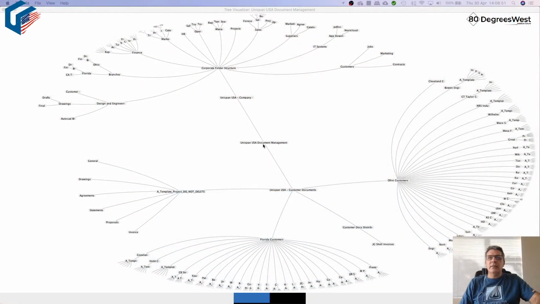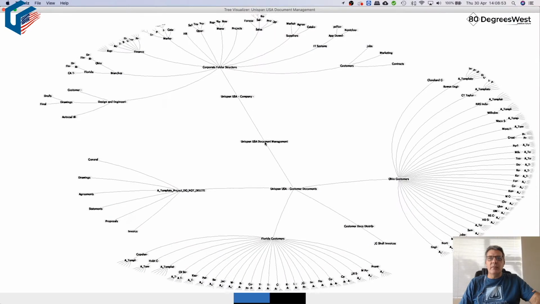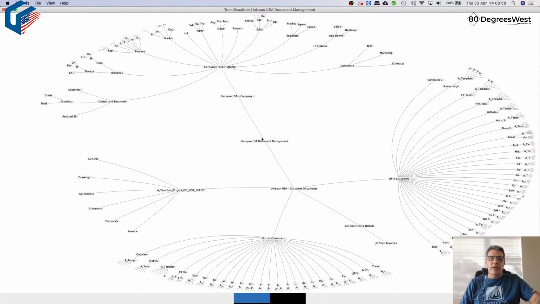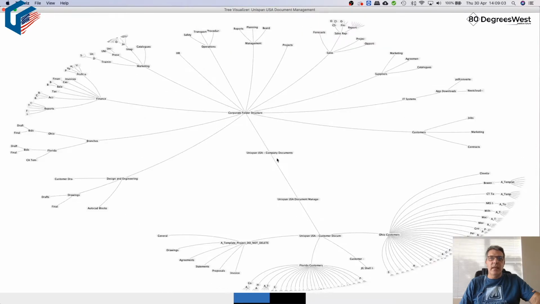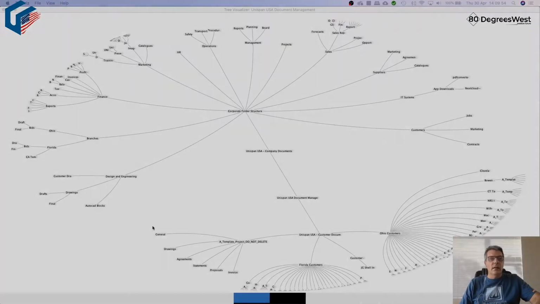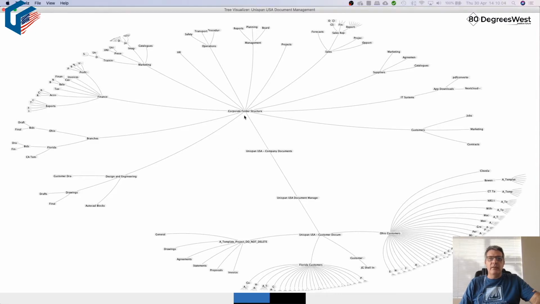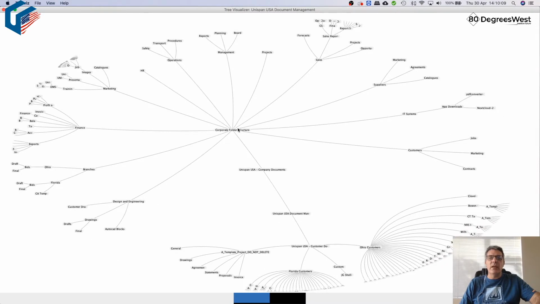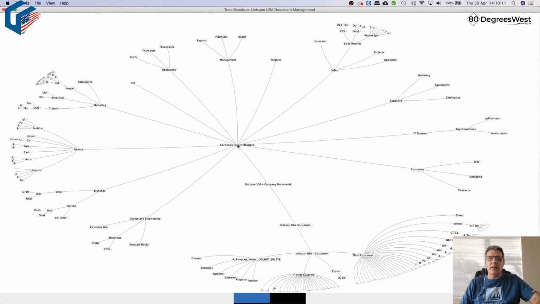All right, so Unispan USA document management, if you can see right in the middle there, it branches out to two areas. It branches out to company documents and it also branches out to customer documents, as you know. The company documents would be the area where you would save all your working documents before they are sent out. So you may have XLSs and PDFs, your final working documents, in the corporate folder